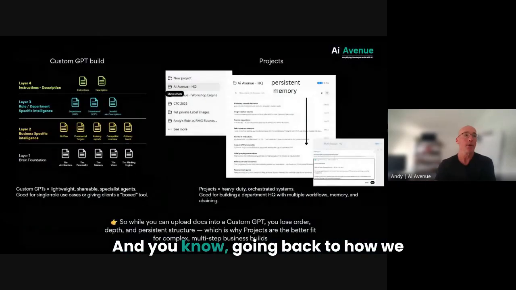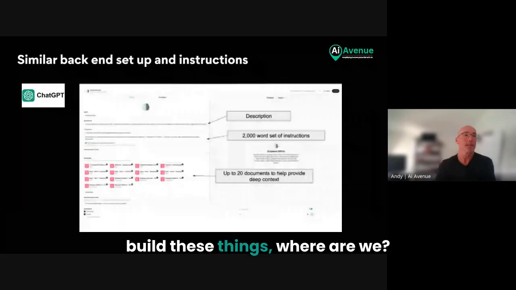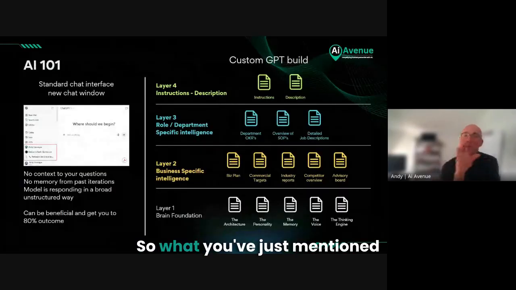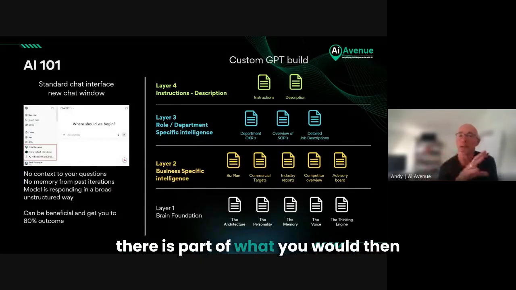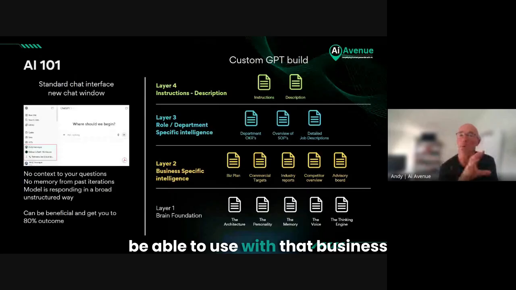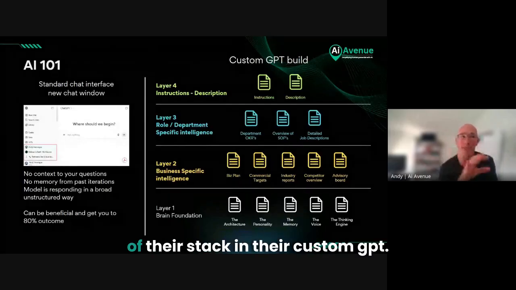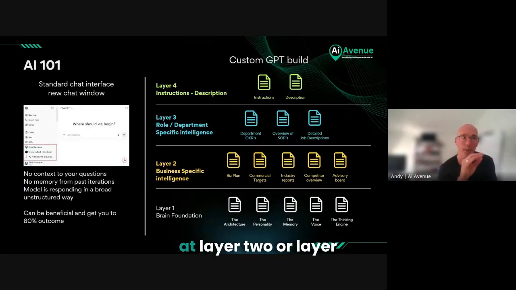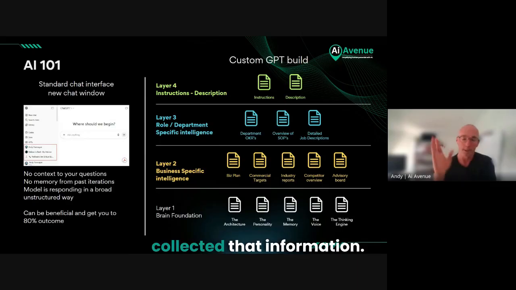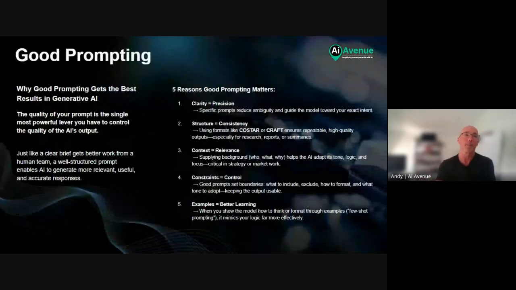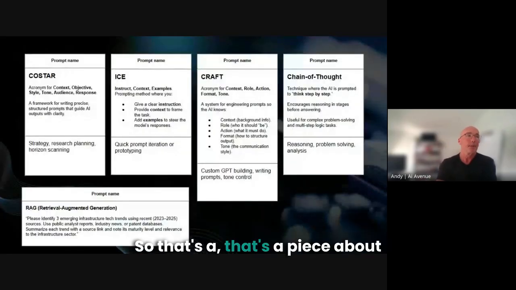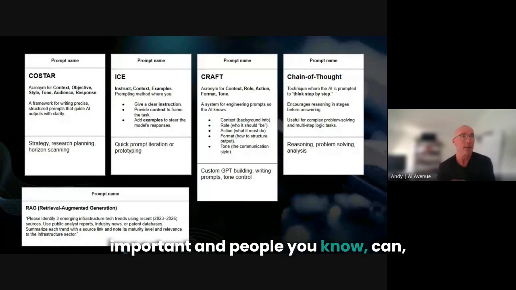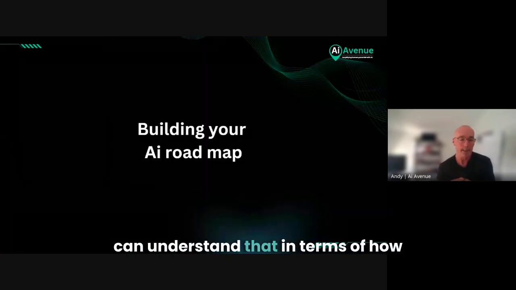100%. And going back to how we build these things, what you've just mentioned there is part of what you would then be able to use with that business and that brand as part of their stack. Yep. In their custom GPTs. It would go in either at layer 2 or layer 3, because then you've now collected that information from them. So that's a piece about prompting, which I think is important, and people can understand that. In terms of